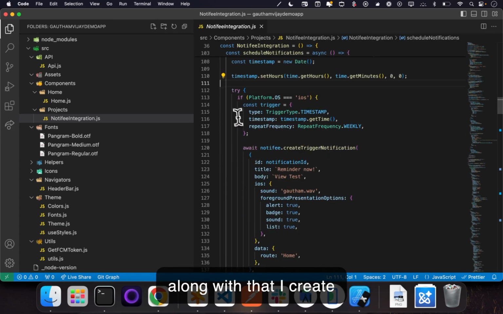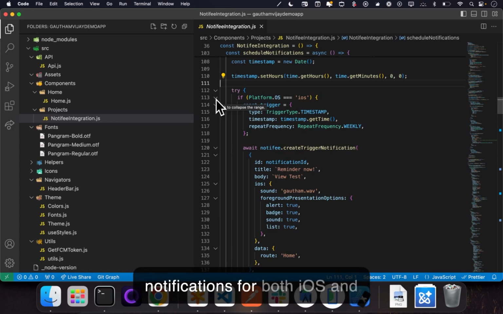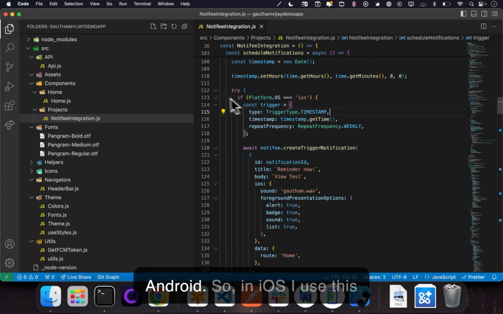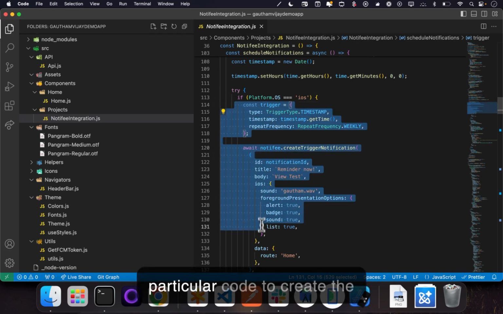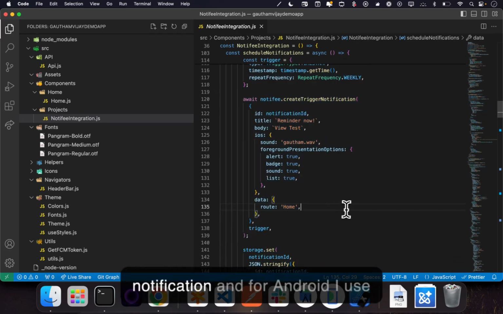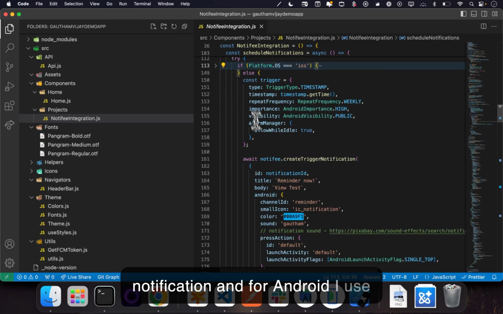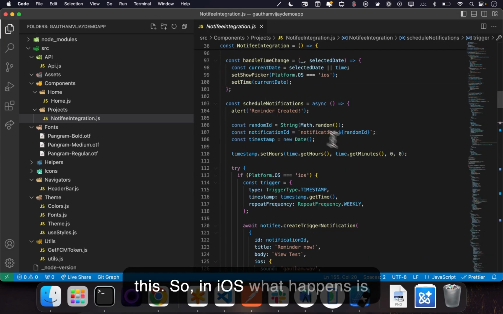Along with that, I create notifications for both iOS and Android. So in iOS, I use this particular code to create the notification, and for Android, I use this. So in iOS, what happens is,